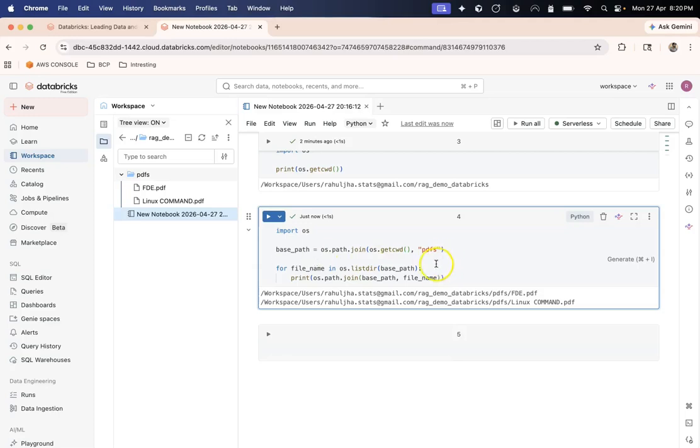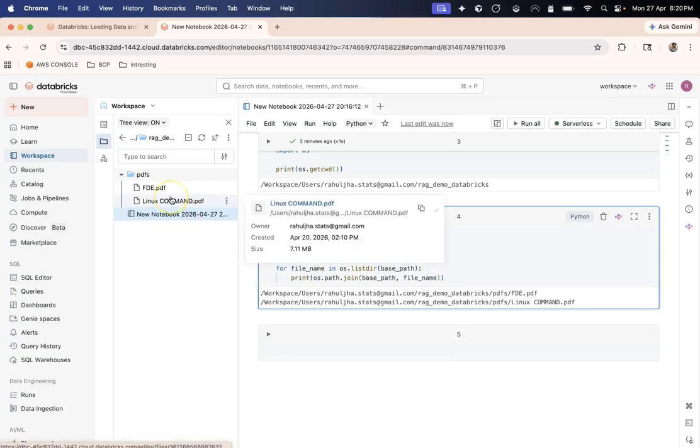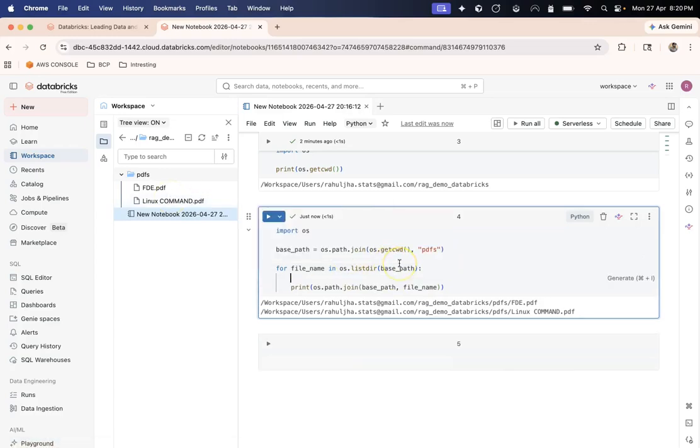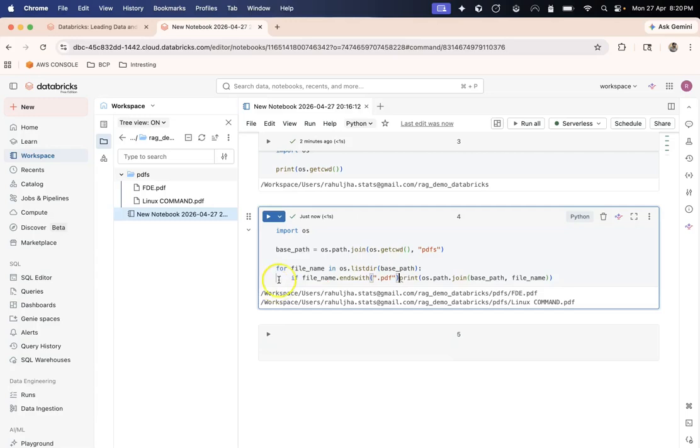There might be a use case where your directory contains other types of files. In that case, you can do something like file name dot endswith, and write .pdf, and if this is true, only then do you process it further.